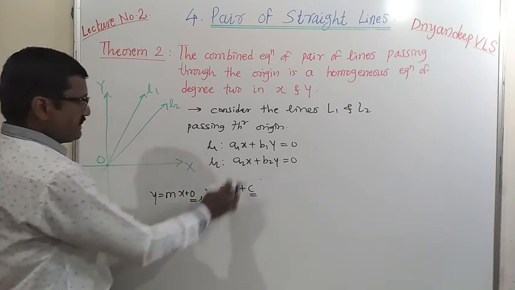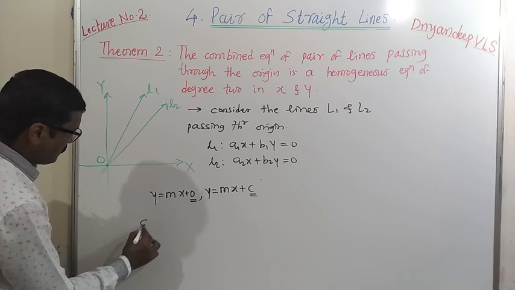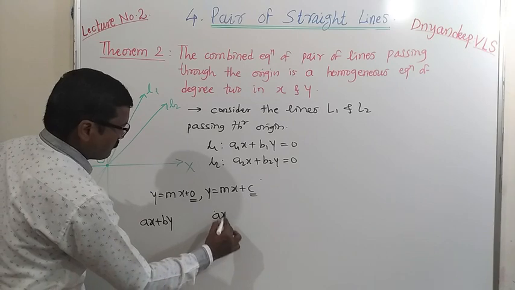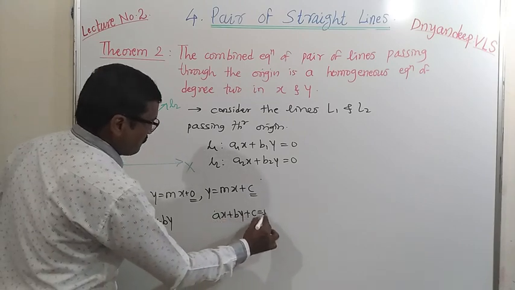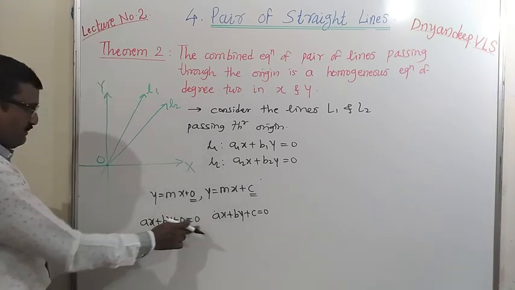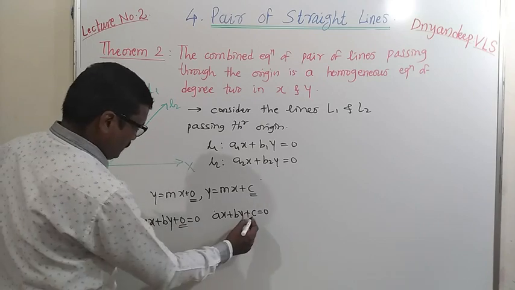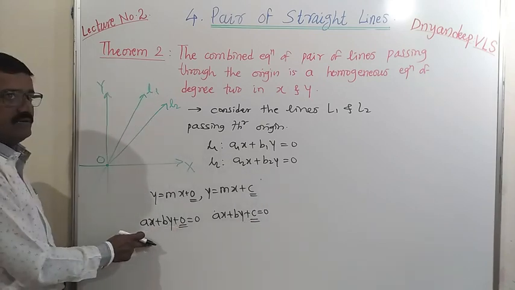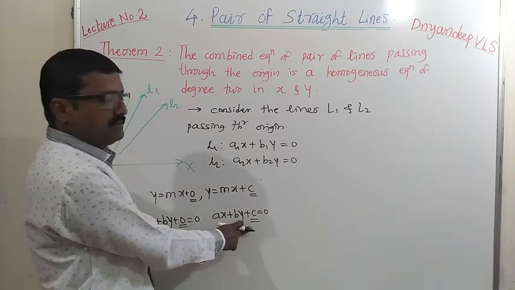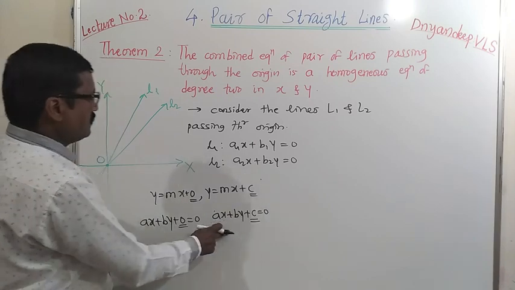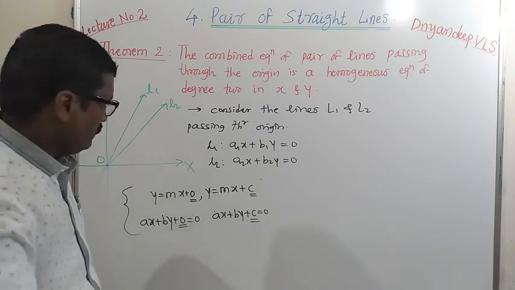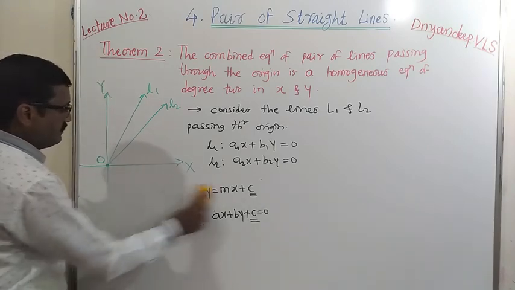We know this. Similarly, in the form of a general equation, if a line passes through the origin, then its general equation is ax plus by equal to 0. Once again, the constant term is absent. Whenever the constant term is absent in the general form of the equation of a line, the line passes through the origin. If the constant term is not 0, that is, if it is non-zero, either positive or negative, then the line does not pass through the origin. Remember these two important points. Let us see the next step.